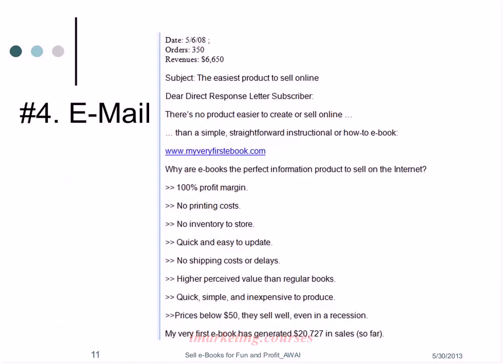Number 4, I said you needed email to make sales. You needed emails to send to your subscriber list, to get them to buy the book. So here was an email. You could see that I sent it out on May 6, 2008. Look at the top. This one email generated